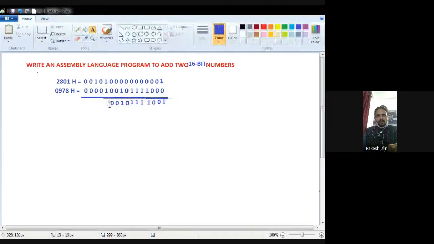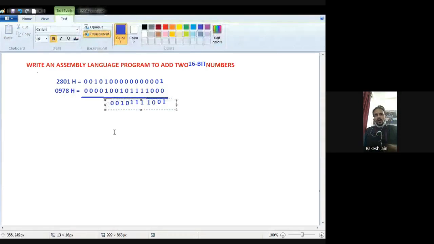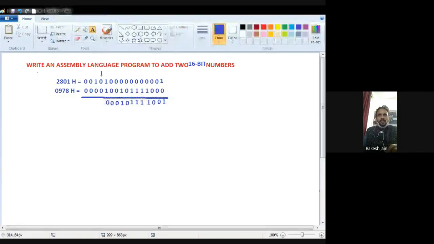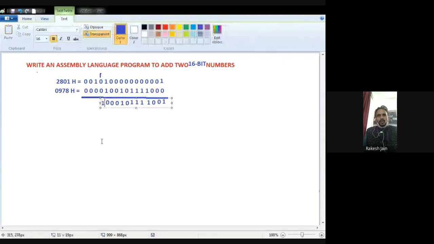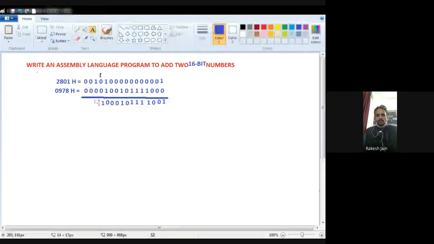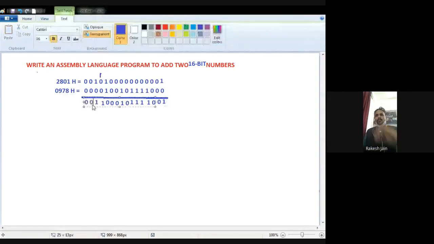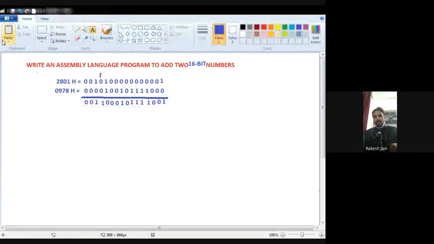Then 1 plus 1 is 0 with carry. The carry will be transferred here. So now this becomes 1 plus 0 plus 0, that is 1. Then 1 and then two zeros. So this will be my result.